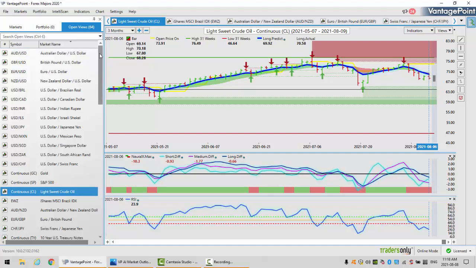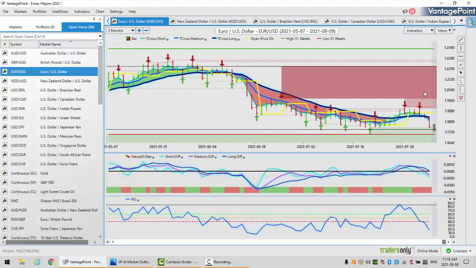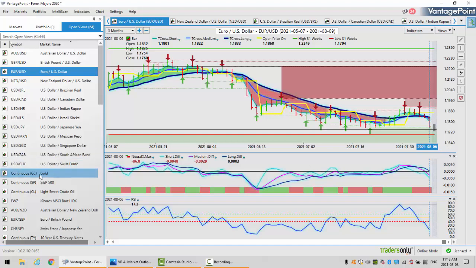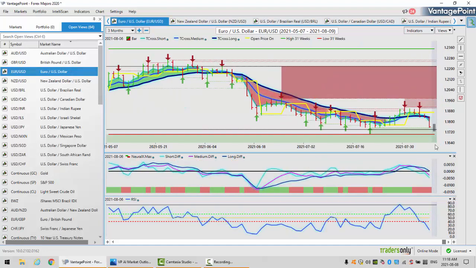Now, as we move into some of our main currency pairs, starting with the Euro US, the intermarket correlation that you always want to keep an eye on here is gold. These two, gold and the euro, are positively correlated to one another. So you can see this big down bar on the euro and it matches the big down bar on gold. Again, you can see that they're virtually identical, particularly if we look at Thursday's price and Friday's price. It's hard to even tell those two charts apart, right? So whenever I'm trading the euro pair, I'm always keeping an eye on that.